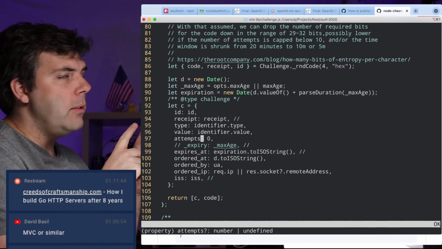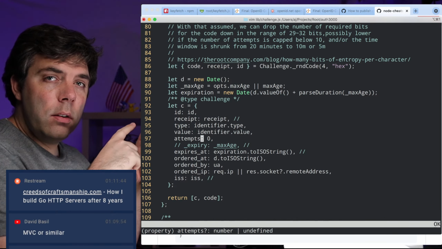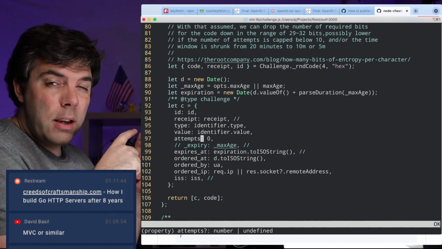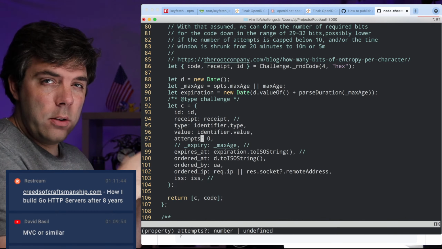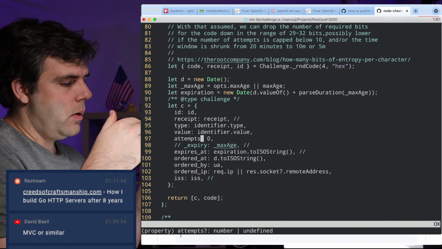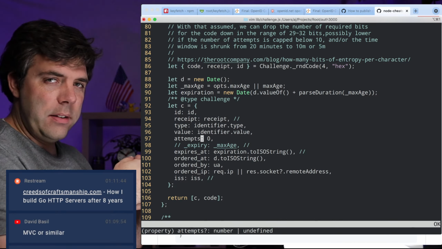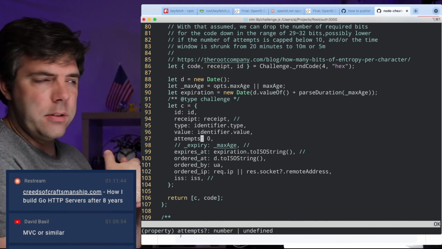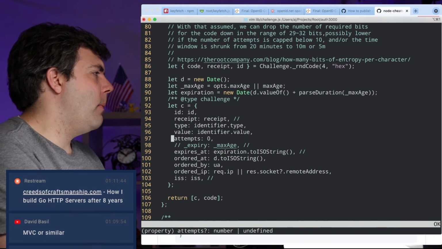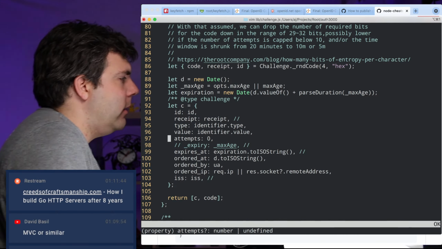Now, some databases do have an increment command as part of a query, so you can do an update and tell it to increment as part of the update, or do a subselect or something like that. But this will do for now and for many situations.